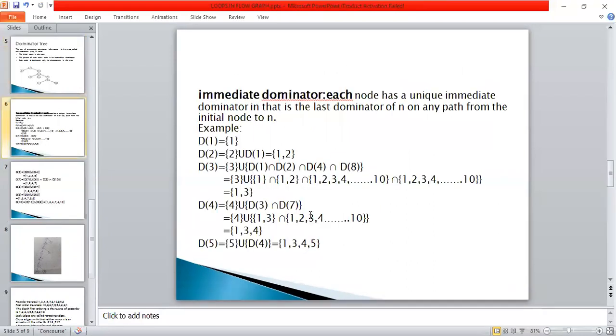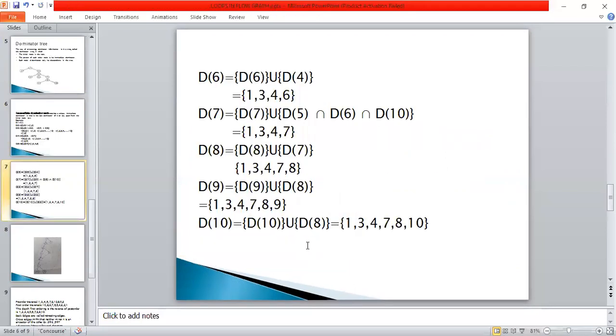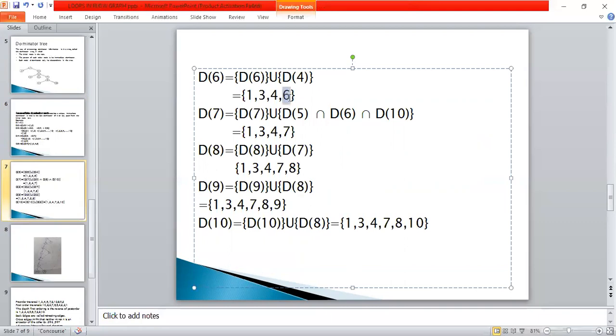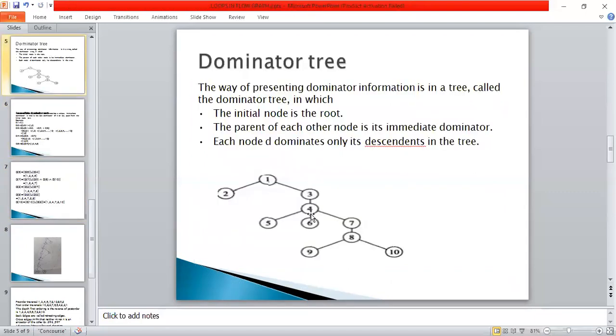And coming to node 4, it is the immediate dominator of 5, because you see before 5 we have a 4, and also the immediate dominator of 6 is 4, and also the immediate dominator of 7 is 4. So because of that, from 4 I gave a link to 5, 6, 7.